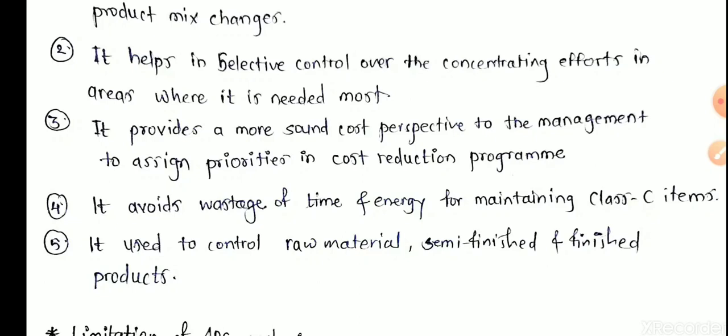Similarly, binding wires in the construction industry: if you are going to use RCC materials, without binding wire there is no option to make proper RCC properties in the load carrying structure. Without nails, it is totally impossible to do scaffolding. Hence each item has its own particular importance, and we can't ignore any item, but we shift our time, our efforts, or our focus onto A items, B items and C items according to their importance.